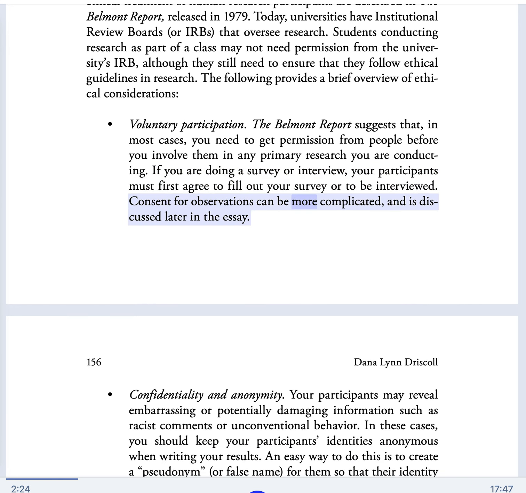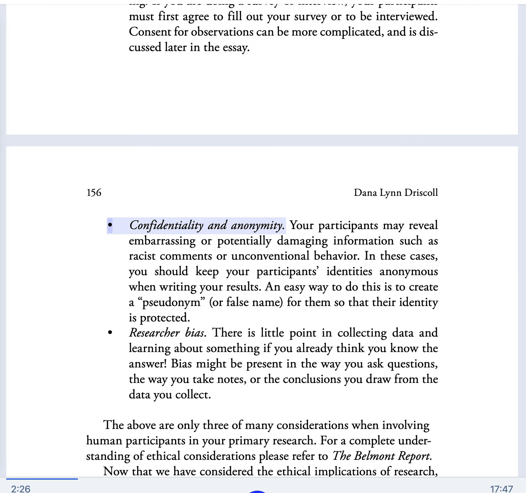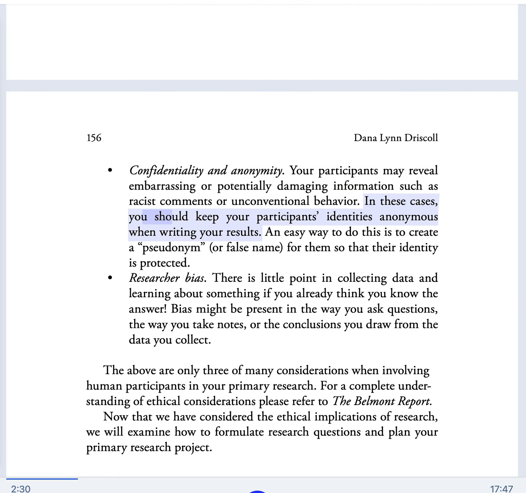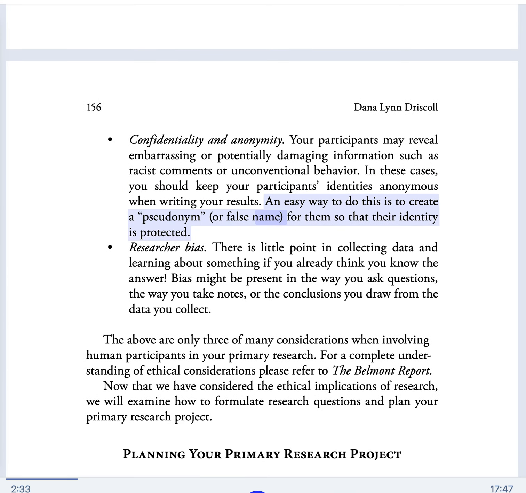Consent for observations can be more complicated and is discussed later in the essay. Confidentiality and anonymity. Your participants may reveal embarrassing or potentially damaging information such as racist comments or unconventional behavior. In these cases, you should keep your participants' identities anonymous when writing your results. An easy way to do this is to create a pseudonym or false name for them so that their identity